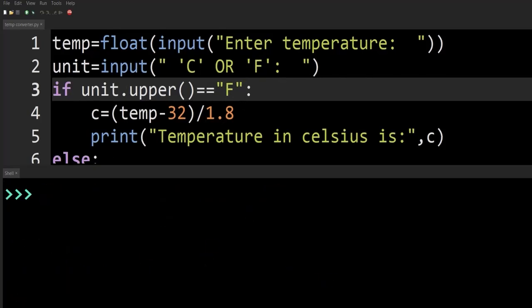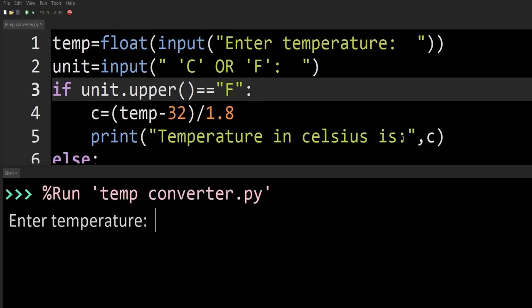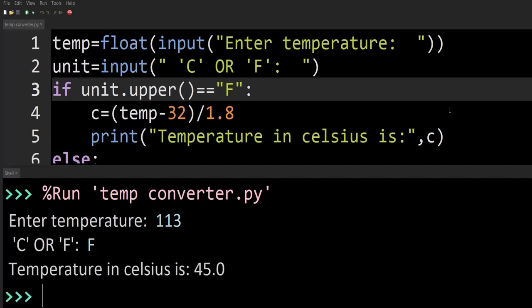Let's execute the code one more time, and if I press F5, enter temperature. This time I'm giving the temperature in Fahrenheit, 113, it is in Fahrenheit, so temperature in Celsius is 45.